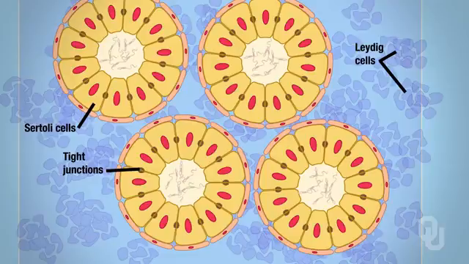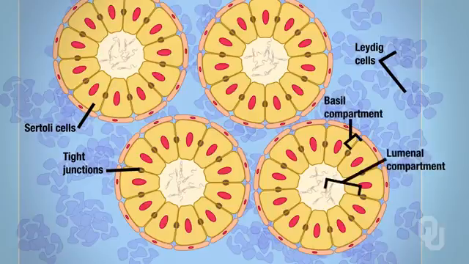In addition to these structures, you will need to be familiar with the following compartments: the basal compartment and the luminal compartment. These compartments are basically talking about regions of the cross-section. If we are talking about the basal compartment, we are talking about the area that goes from the tight junction toward that smooth